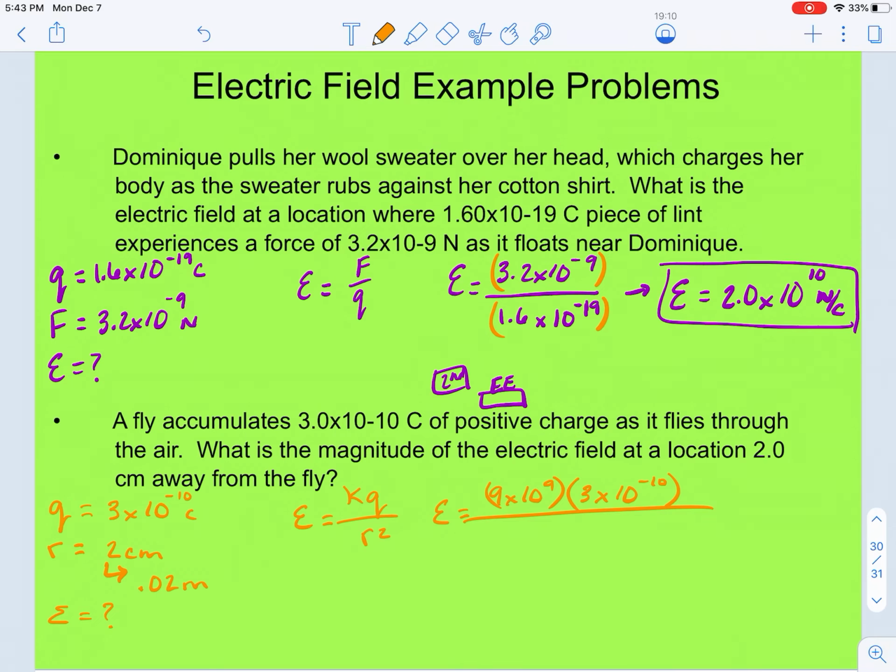So E equals 9 times 10 to the 9th times 3 times 10 to the negative 10. Again, please be smart with your calculator. Utilize those parentheses as needed. Divided by 0.02. Do not forget to convert. And then we're squaring our denominator. So this comes out to 6,750. So we would write our final answer